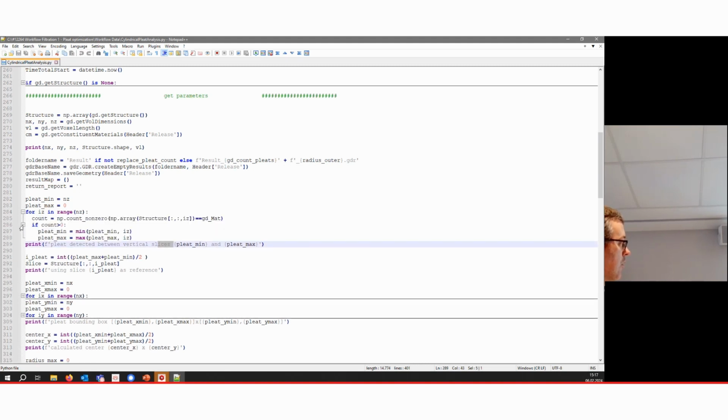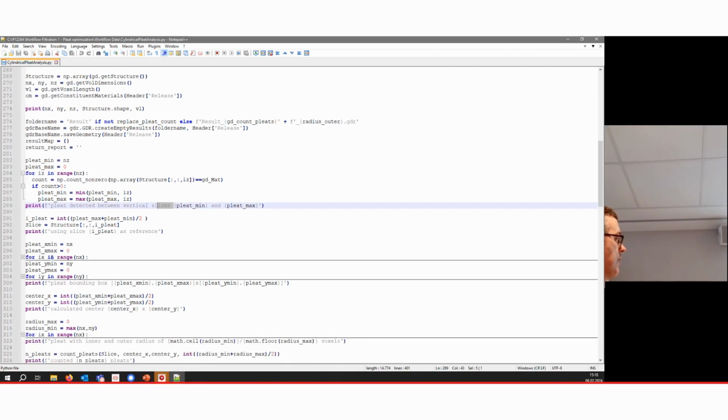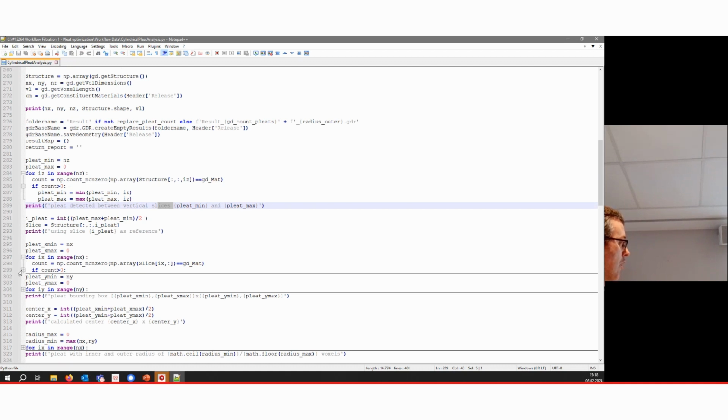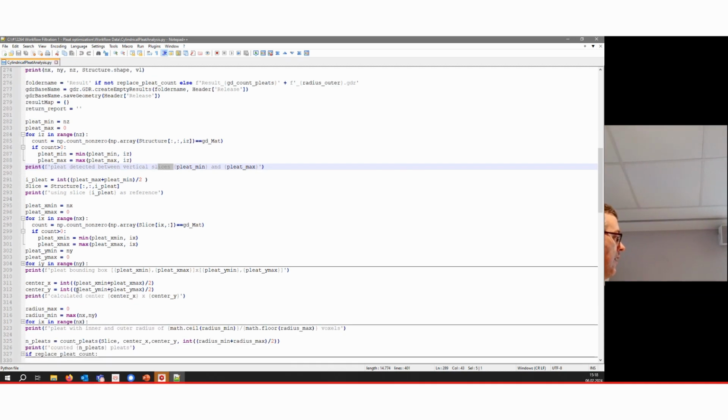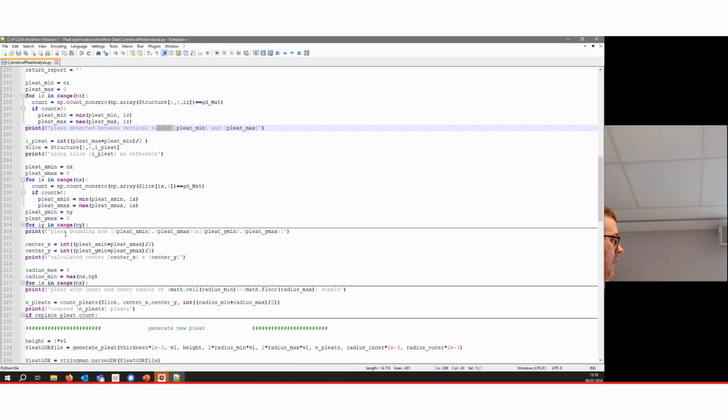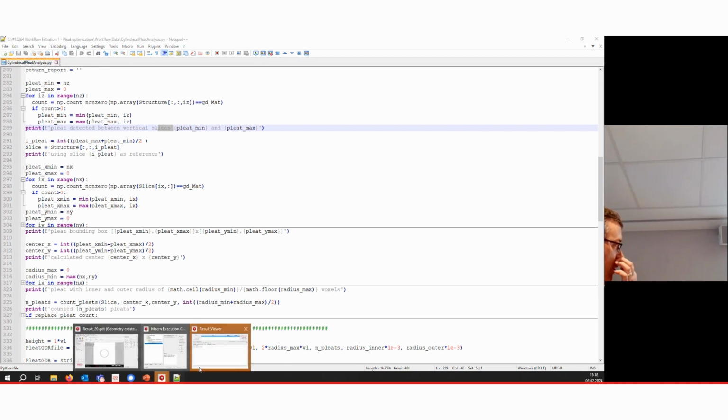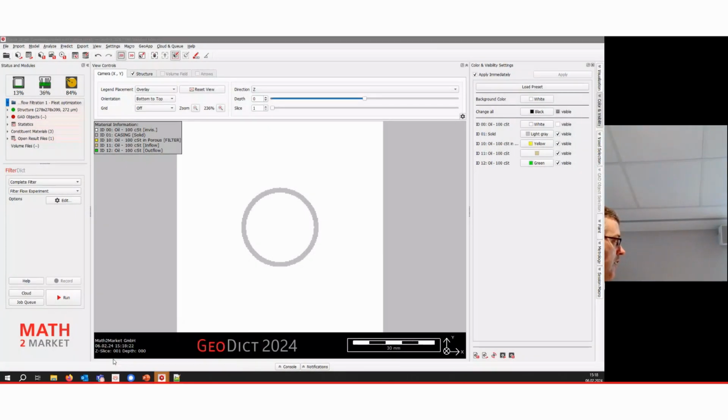It actually just goes through the slices and checks where the pleat is, where the material is present. The same is true for counting the bounding box, just going slice-wise through that and counting minimum and maximum values in any direction. And by doing that, we have analyzed the tool, and let's see, we have a result here.